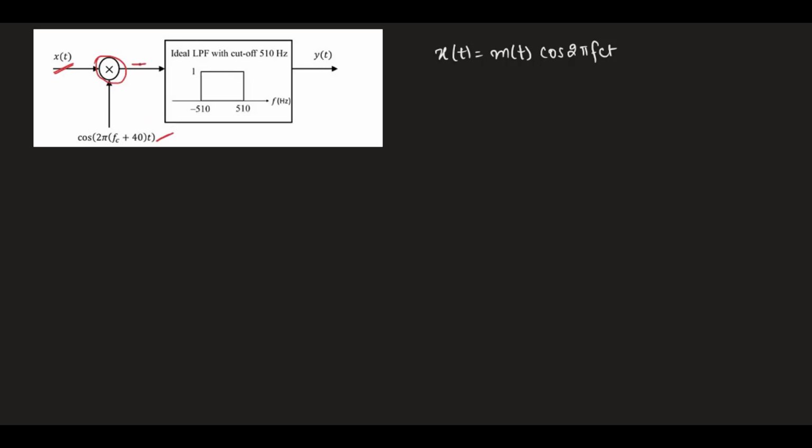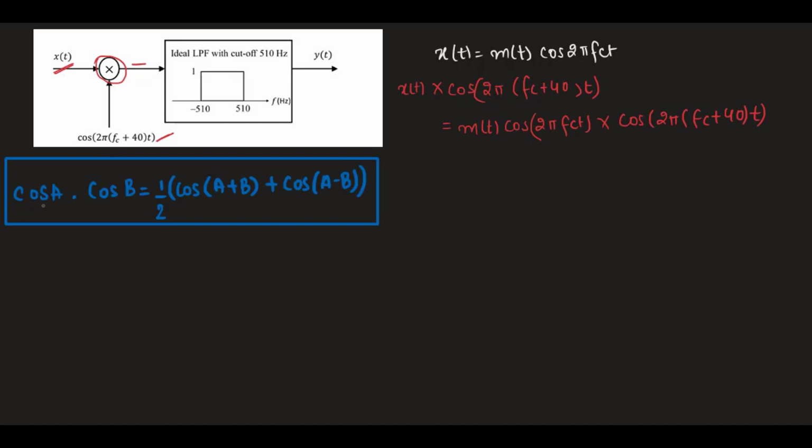We can write the output at the multiplier as, by substituting x(t) = m(t) cos 2πfct in this equation, we get, applying the formula for cosine, which is cos a times cos b is equal to 1/2 times [cos(a + b) + cos(a − b)] in this expression. By putting 2πfct as a and 2π(fc + 40)t as b, we get